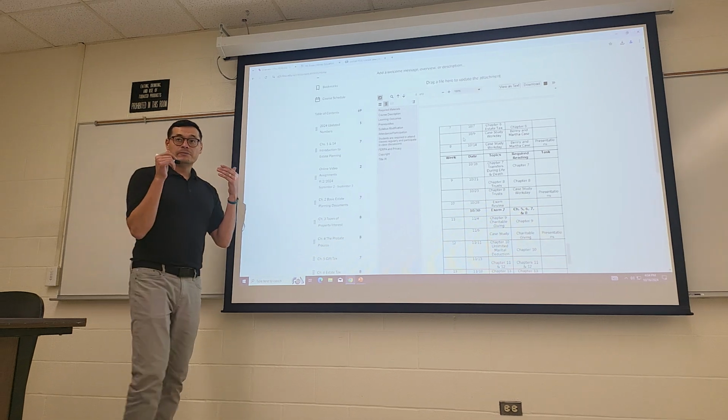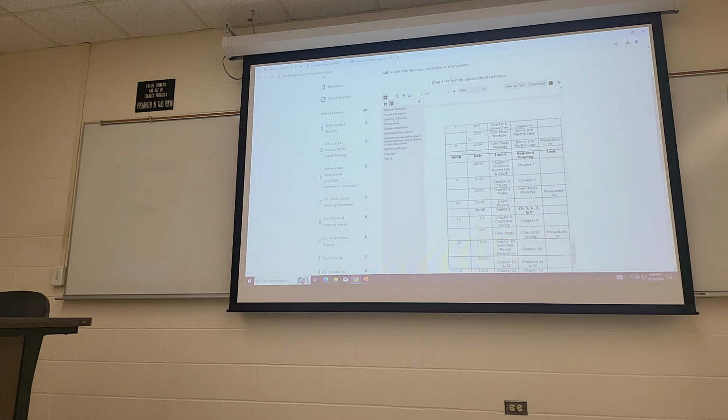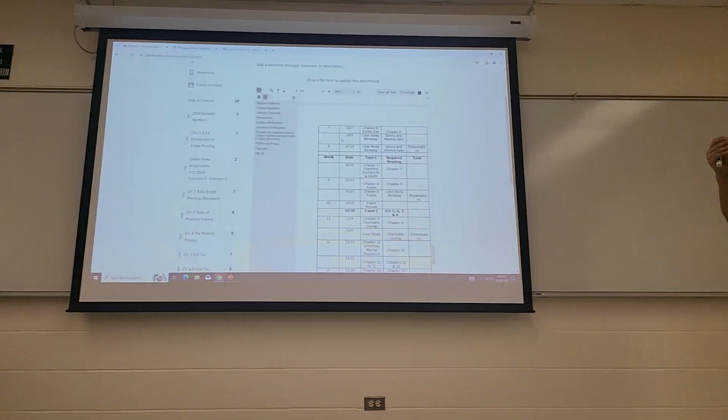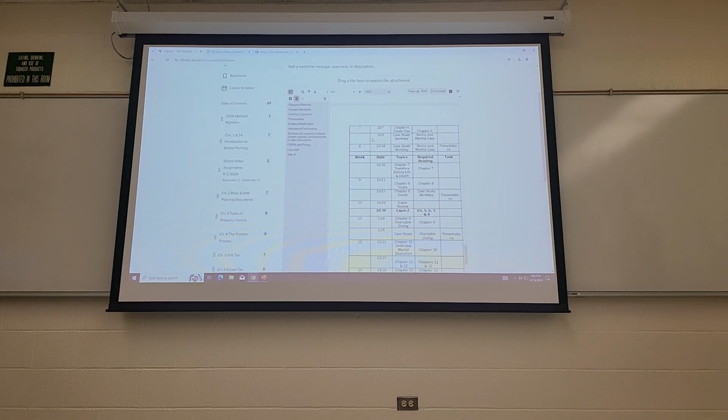estate. Now your case study, your clients, are a married couple. What they have is a bunch of money and a business that they want to transfer. They want to utilize the gift tax annual exclusion to transfer the business, which you should, right? Which means you can transfer not just money at the annual exclusion. You can transfer anything of value up to $18,000 this year.